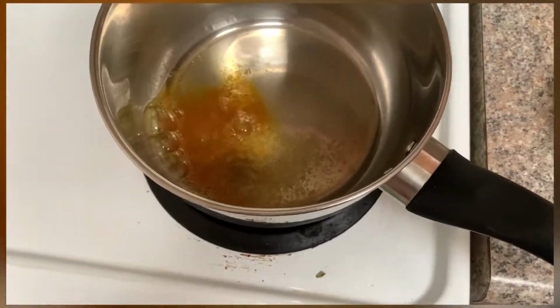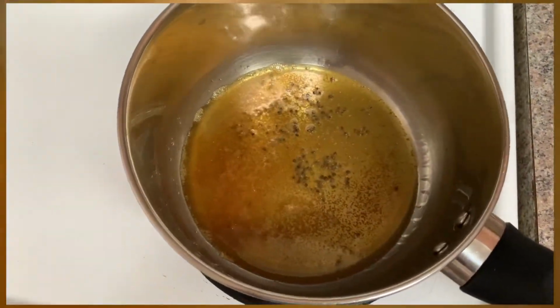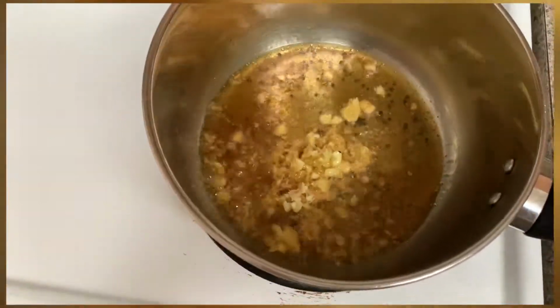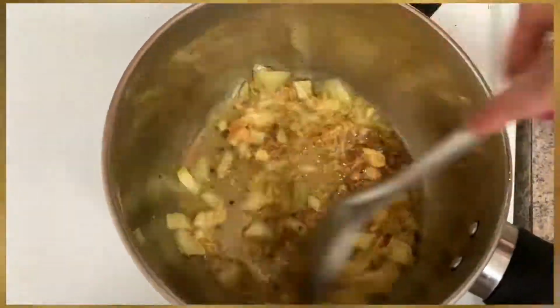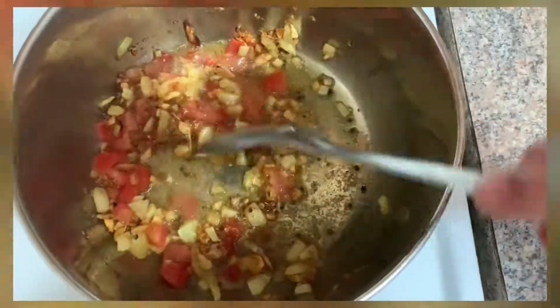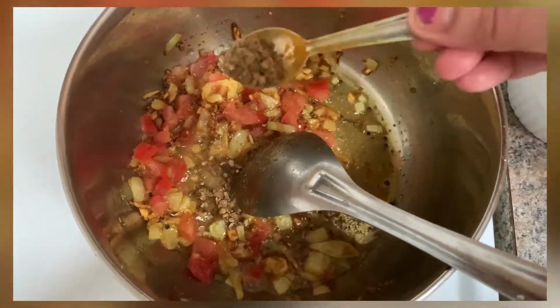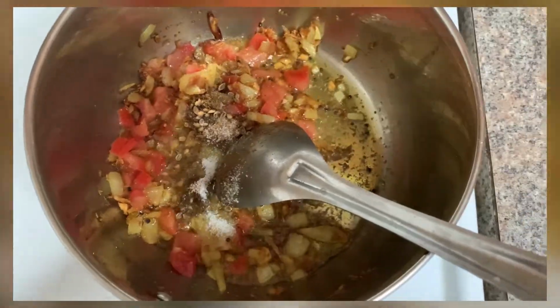Here I have taken around 3 tablespoons of oil and I have added mustard seeds and turmeric to it. Now we are going to add ginger and garlic. At the same time we will add our onion and we'll fry it now. I'm adding a bit of tomato. It depends on your choice. Otherwise you can skip. And now I'm adding cumin and coriander powder, some salt,